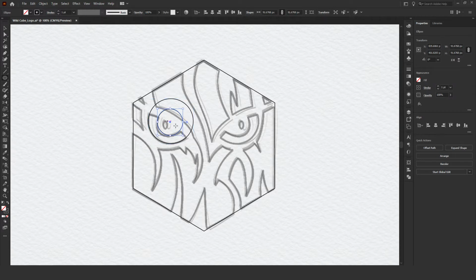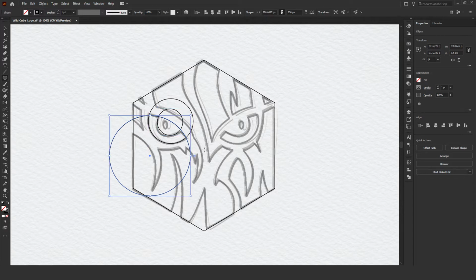Now I have to create this part of the eye. Now create another circle like this. I reposition it by pressing the space bar. When I am satisfied, I will release it.